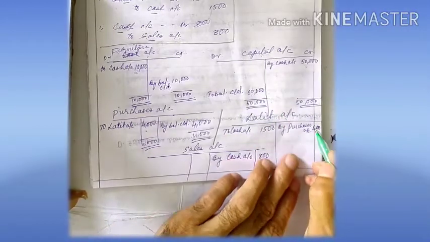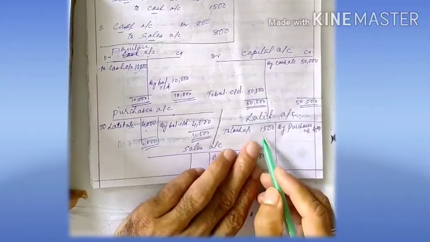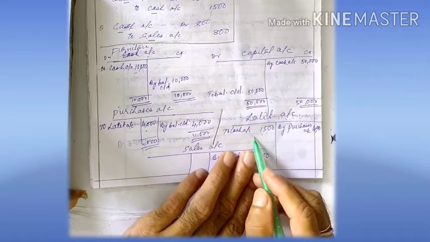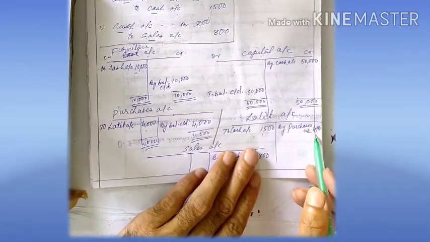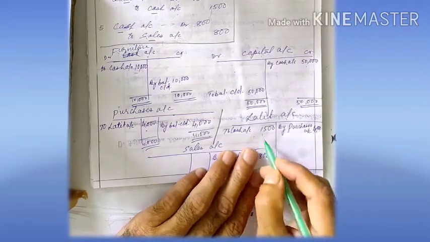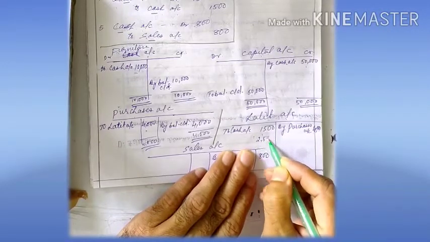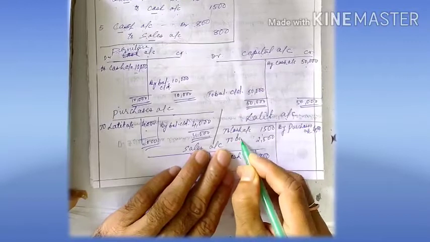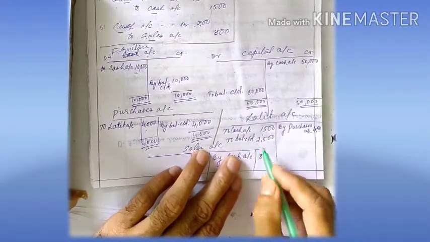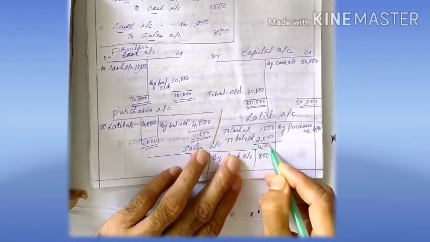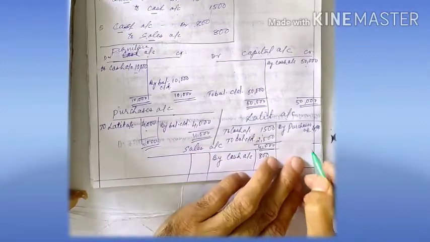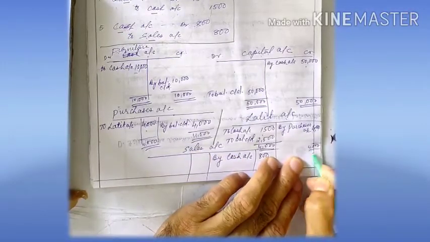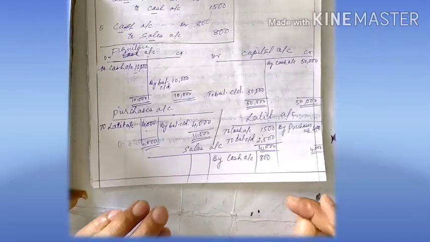Now come to this Lalit account. Lalit account here on the credit side you have 4,000. On the debit side it is 1,500. Both the sides are not same. Now in order to make it equal to 4,000, you have to add 2,500. Again, this adding part is called balance CD. After that, you take the total, which is 4,000. And this total should always be in the same line.